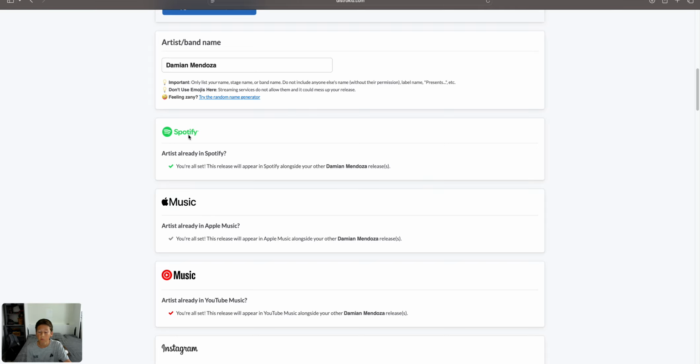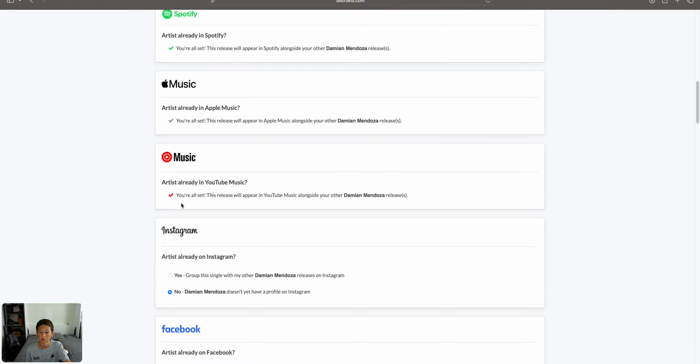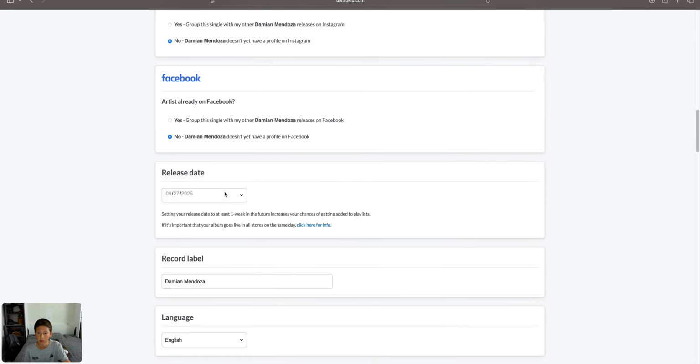So down here, if you're releasing your second song or just another song, it shows this. So if you see that, you know it's going to release to your normal artist. It doesn't release on somebody else with your name. Scrolling down to here, you see release date. So you get to choose when you want your song to be released on all platforms or whatever platforms you selected. So when you click this, I recommend you set your song to release on